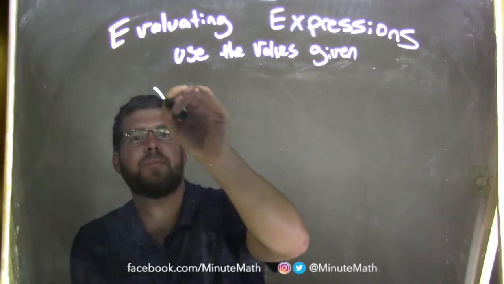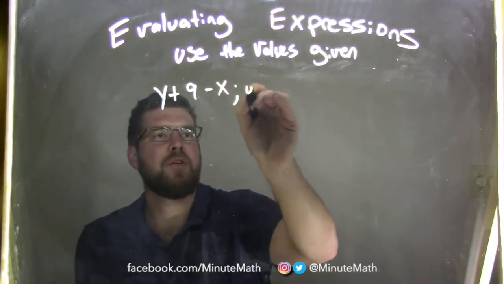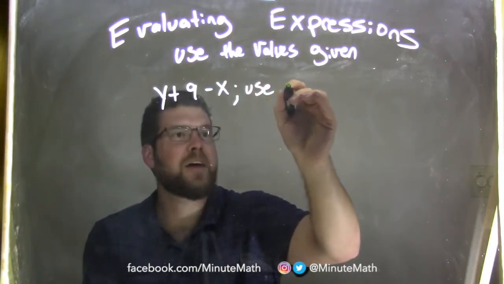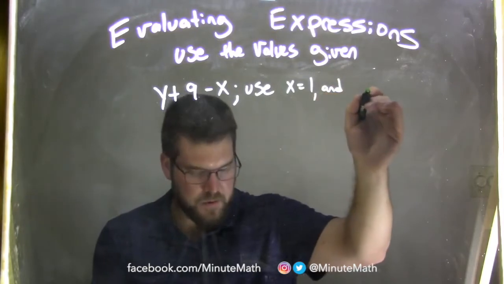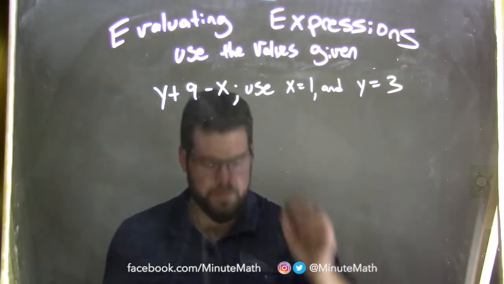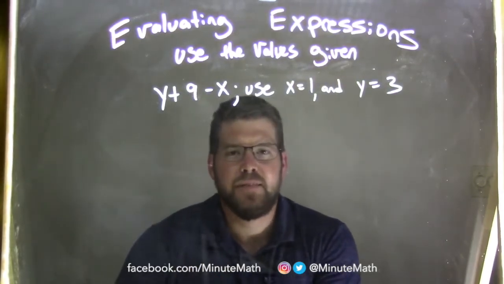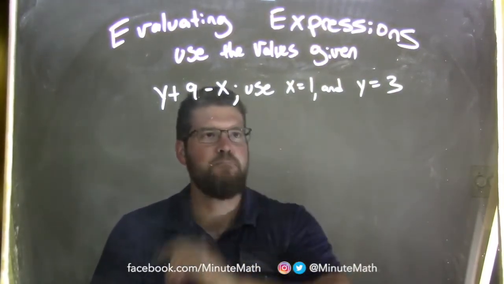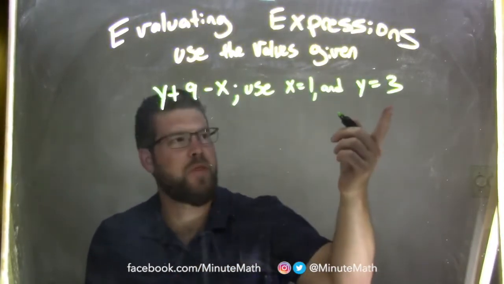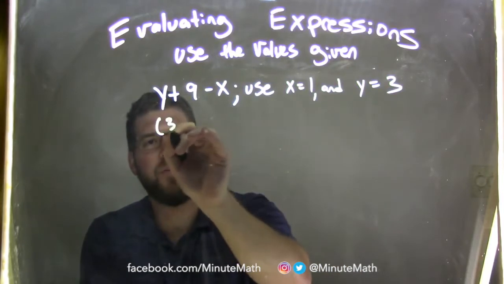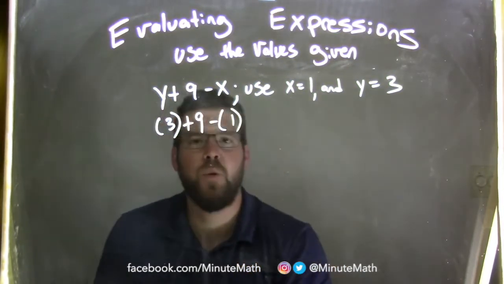Y plus 9 minus x. And we need to use x equals 1 and y equals 3. Okay? Well, but I want to simplify this. Okay? I first need to substitute the values in. So if x is 1, 1 goes in for x and 3 goes in for y. So let's do the 3 first. Wherever I see a y, I put a 3 and put parentheses around it, 9, minus x to be 1,